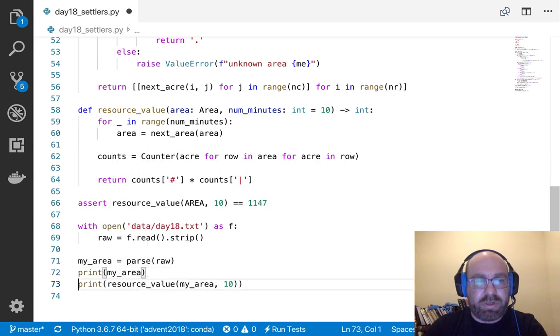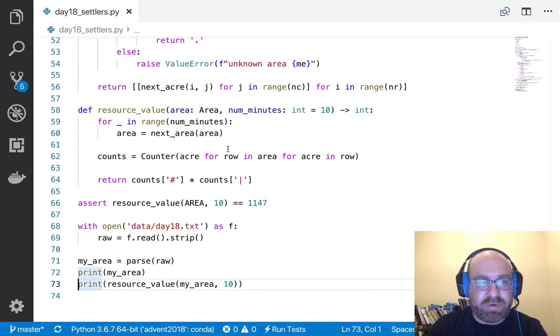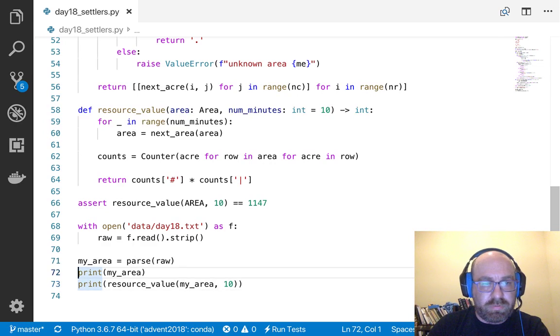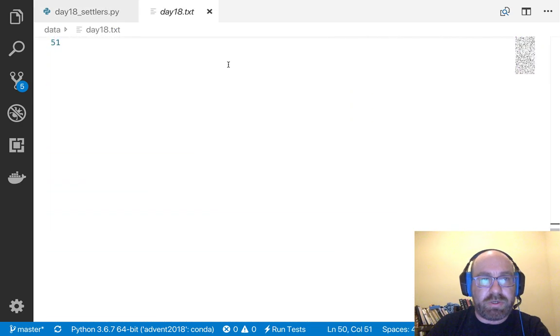Print my area. So this is 10 by 10. Did I paste the wrong thing in the data? No, I did not.